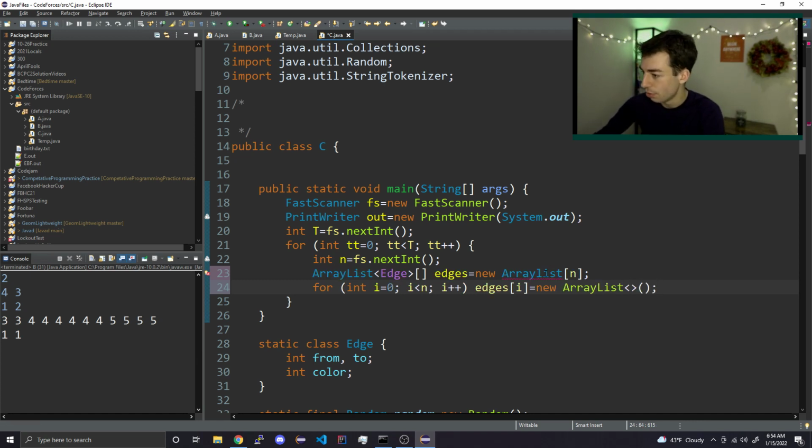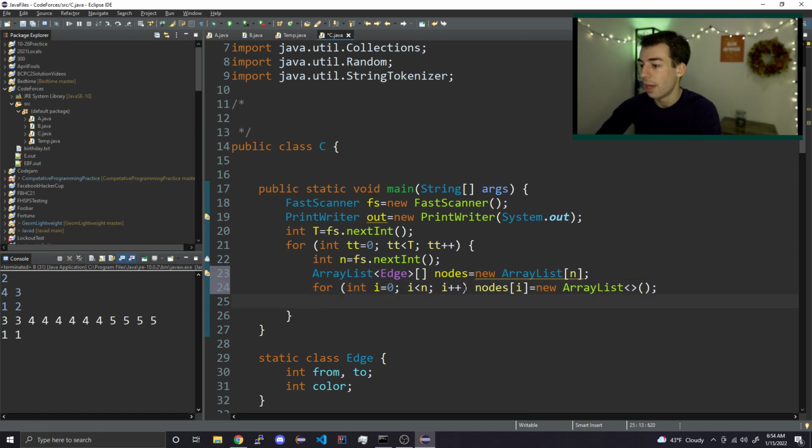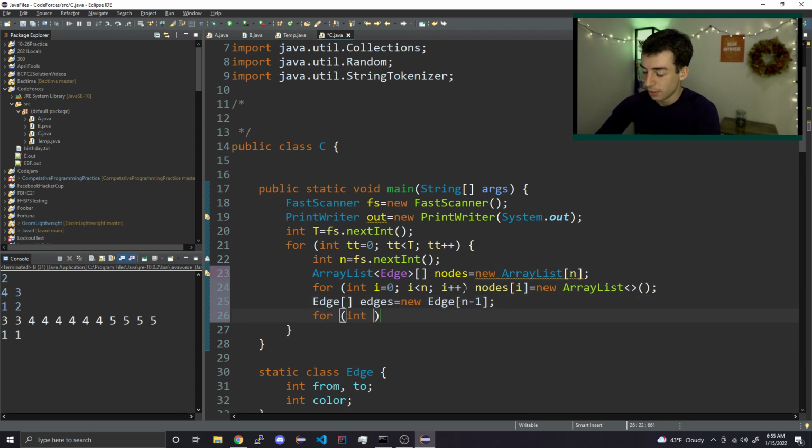These aren't actually the nodes though. These are, or the edges, these are the nodes. And we'll have an edge array edges, new edge array, n minus 1. So i equals 1, i less than n, i plus plus, edges at i minus,